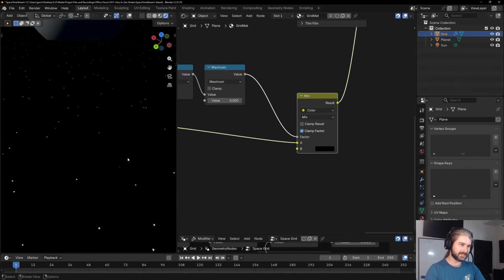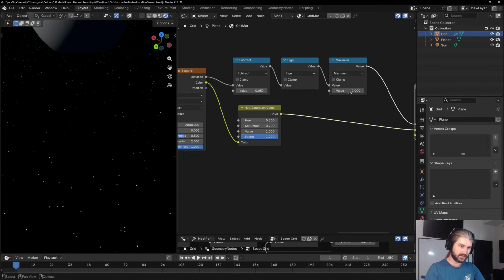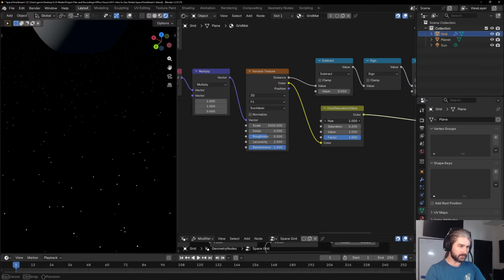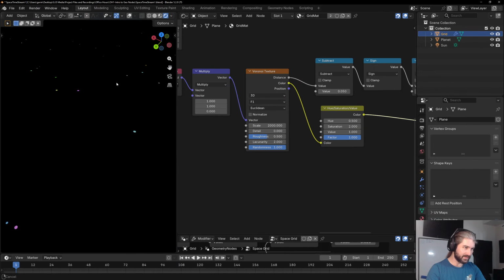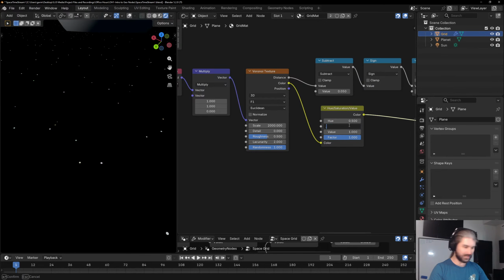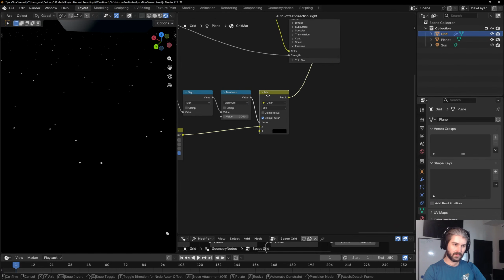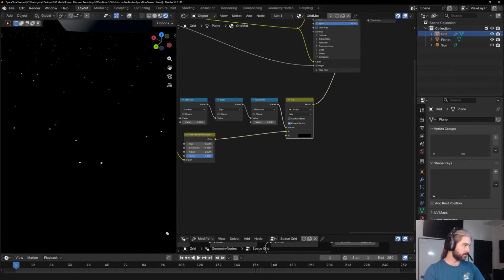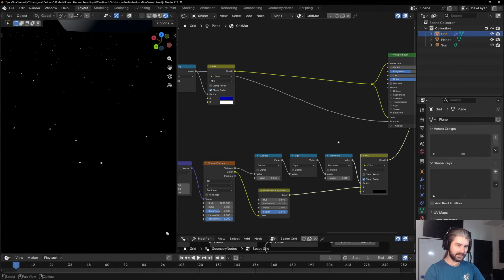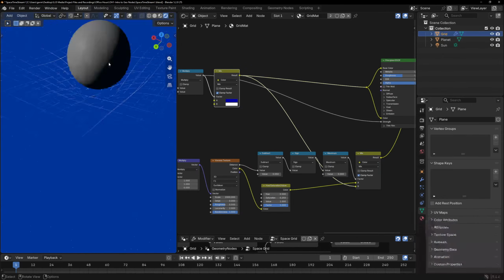And it's hard to see. Like I said, it's very subtle. I think it makes a difference, but it's subtle. If I increase the saturation, actually, we'd be able to see it a lot better. Yeah, there we go. I hope YouTube's compression isn't ruining this, but yeah, a bunch of little colored dots. So now we'll turn that right back down so it's not as noticeable. I just like my stars to have different colors. I think it's nice. And then we're going to want to mix this with our grid and space